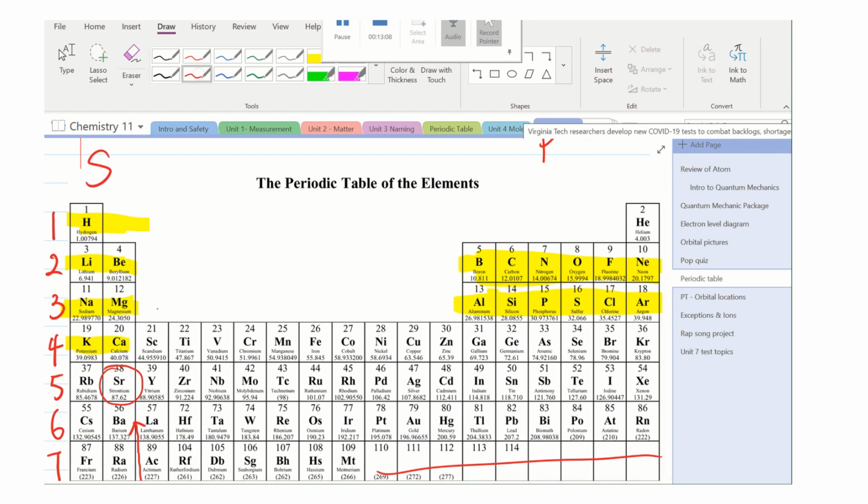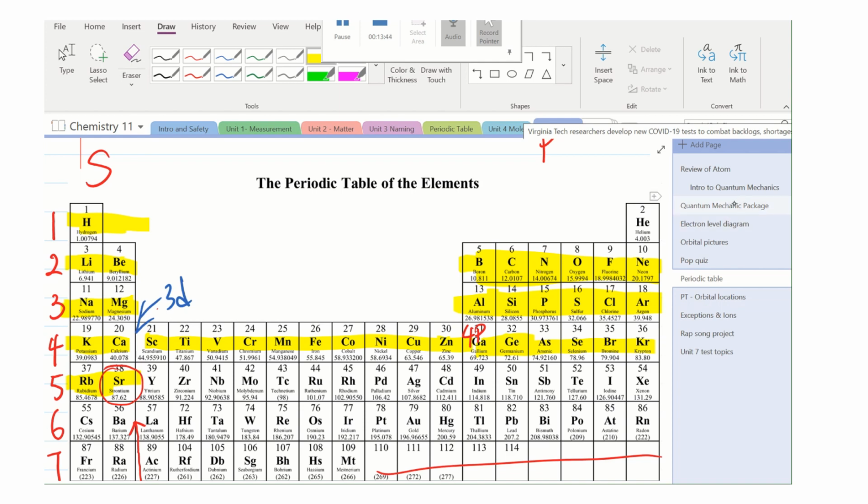Now these are the d orbitals. 3d starts right here. So all the d orbitals are filled, so 3d10 all the way to here, and then 4p. Remember this is 4p, so 4p6. Now the valence electrons are here, 4s2, strontium. So that's how you do electron configuration from now on, just by looking at your best friend, the periodic table.